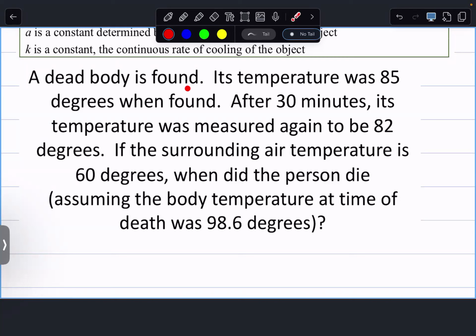So a dead body is found. I think it's cuter when a turkey comes out of the oven or something like that, but they behave the same way, right? The turkey out of the oven is cooling, and a dead body is also cooling, right? And so I think there's a cheesecake one. They're all the same, right? And so its temperature was 85 degrees when found. So this is what we're going to use as our t equals 0,